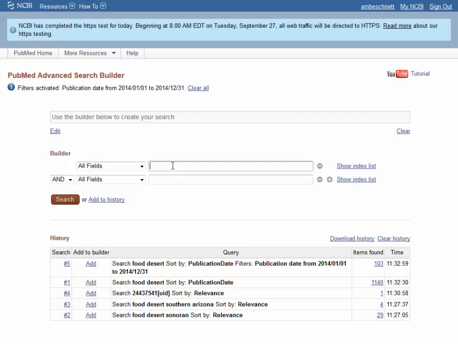So we can just go ahead and start to put in our terms. Basically each concept that we have, we're going to break it off into a different line here. So we can see do mental health or, and you can see it's starting to nest our terms for us up here. So we don't have to bother putting in those parentheses. That's why I like to use this advanced search screen, because it does some of that work for us. So we have our first concept in the first line here. If we go to the second one,